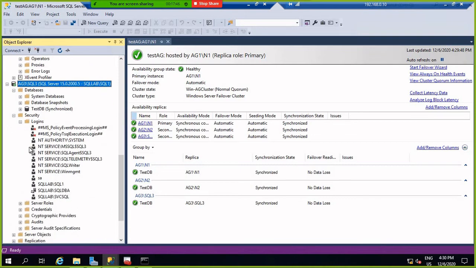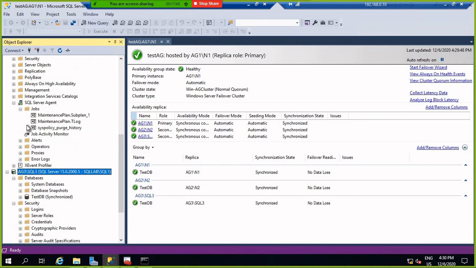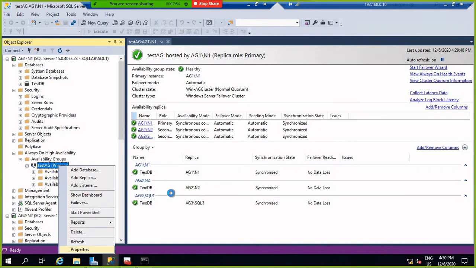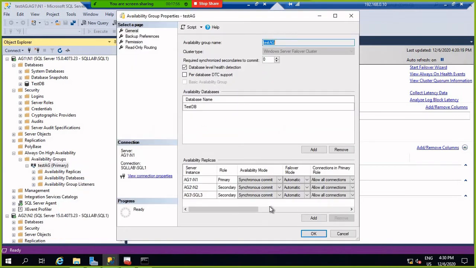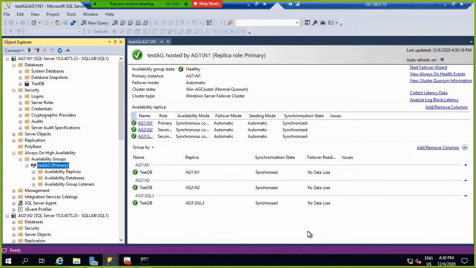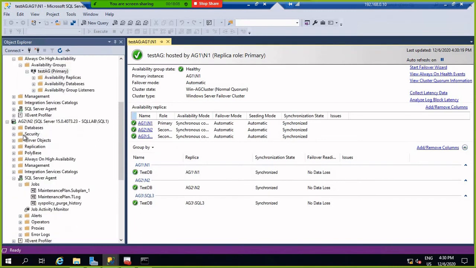So here we go to properties, modify it, and now we create the login here.